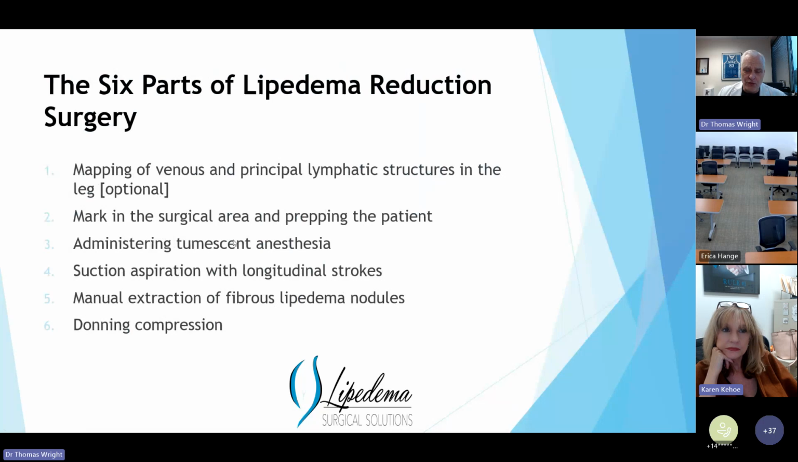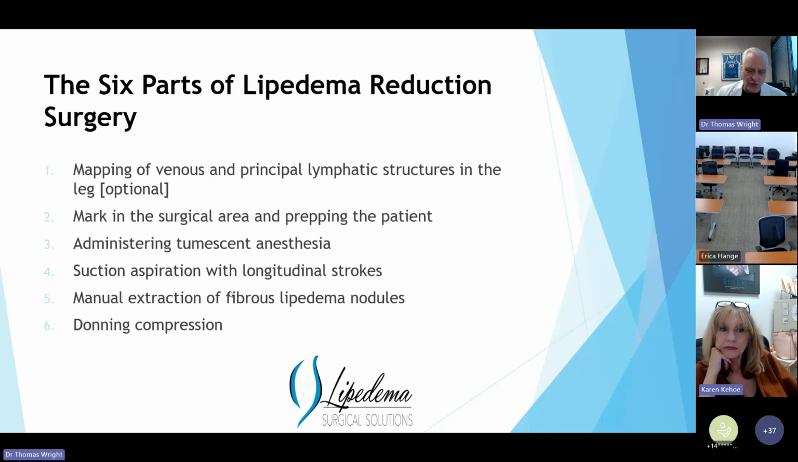So there's basically 6 parts to the lipedema reduction. Mapping of the principal lymphatic structures. Now, not everybody who's treating lipedema does that. I do and recommend it, but not everybody does. And then marking the area, prepping the patient, doing the tumescent anesthesia, doing the suction aspiration with the longitudinal strokes, and then